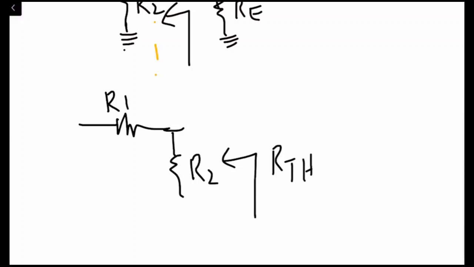Now the other end of R1 is going to be grounded, because we have short circuited the voltage source which was connected in the circuit, and the second end of R2 is also grounded. So looking from this side, the RTH should be equal to